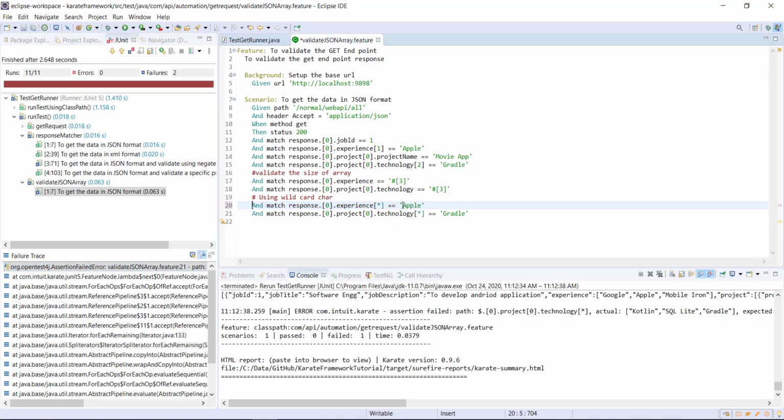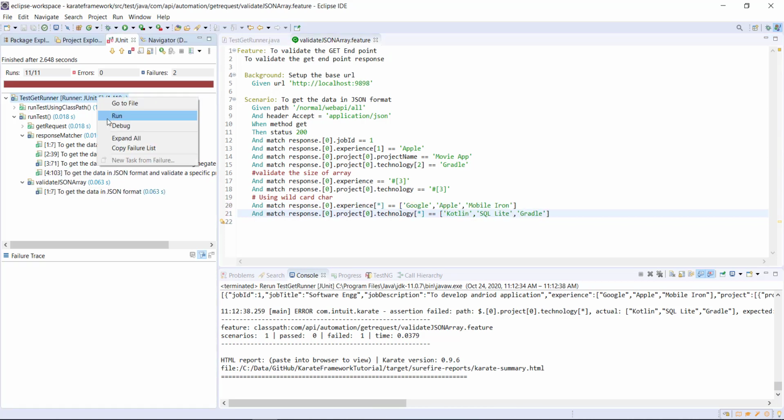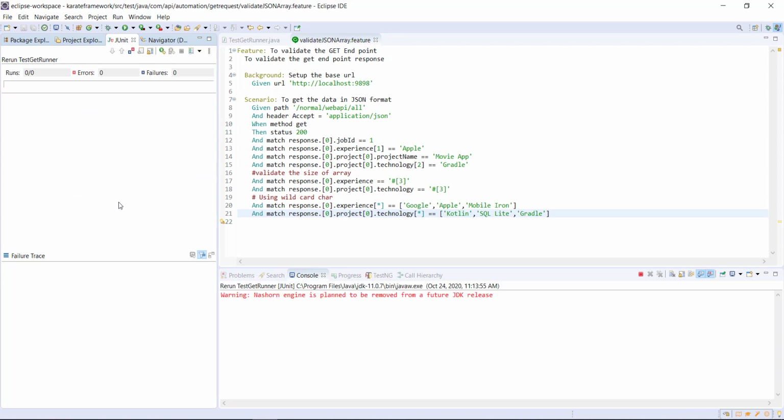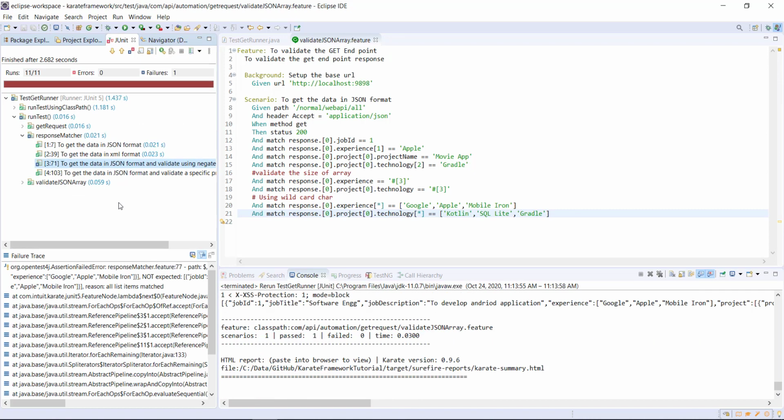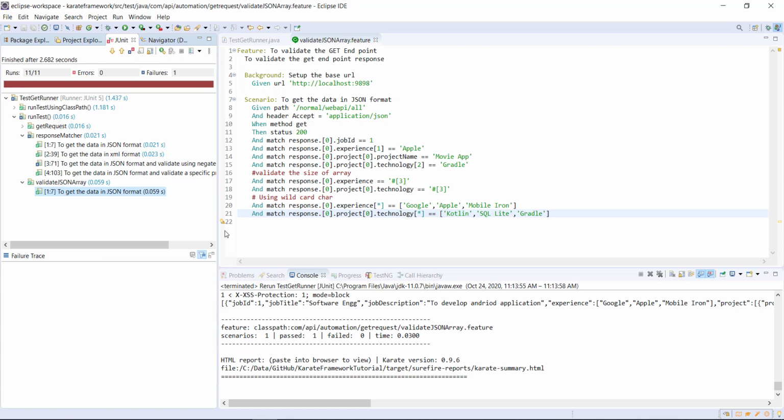In order to use the wildcard character, you can use the JSON array here directly along with the values in the sequence. And let me run the test again. So now our test is passing. The order also plays a very important role.